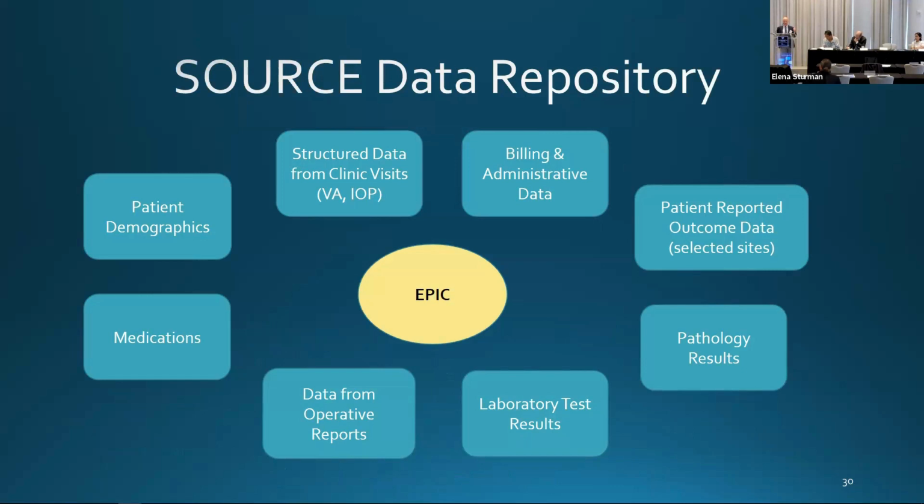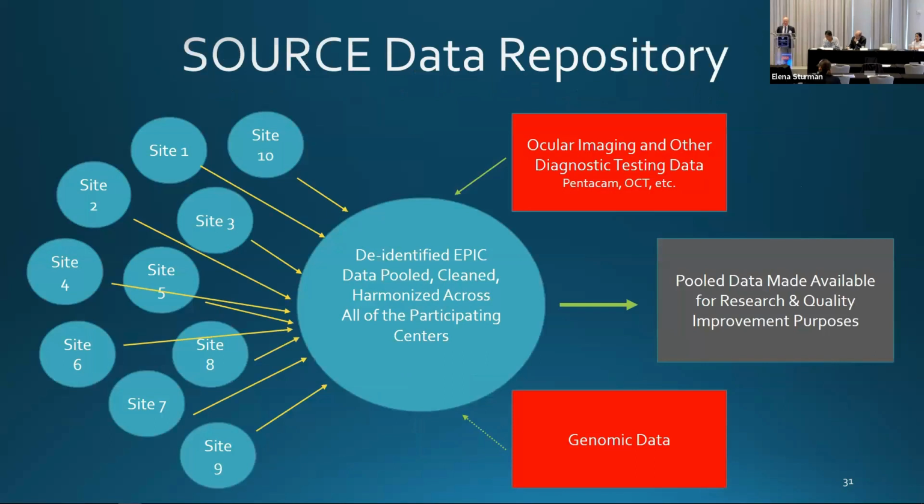And the data set has both granular ocular as well as non-ocular data. We've developed code to pull all this data from our EHR, and we're now sharing it with other sites who are also on EPIC so they can pull their data. We're working with a company to de-identify all the data so it's completely free of PHI. Then we're pooling the data, aggregating the data. We're linking in data from diagnostic tests. Hopefully in the future, we'll link in genomic data, and then making this pooled data set accessible to researchers in